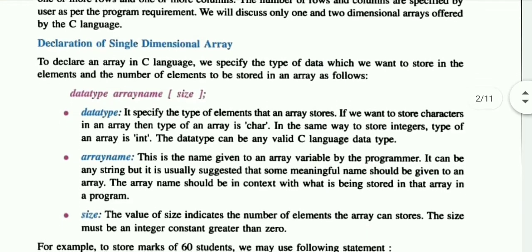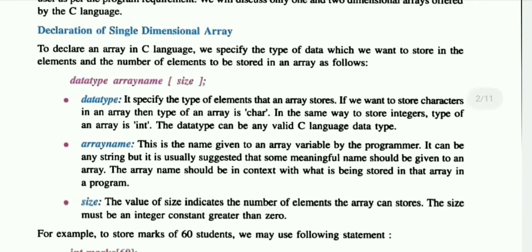So how can we declare this type of array variable? First, to declare an array in the C language, we specify the type of data which we want to store in the elements and the number of elements to be stored in the array. So first we will see the syntax. First is the data type, which you have to specify here.